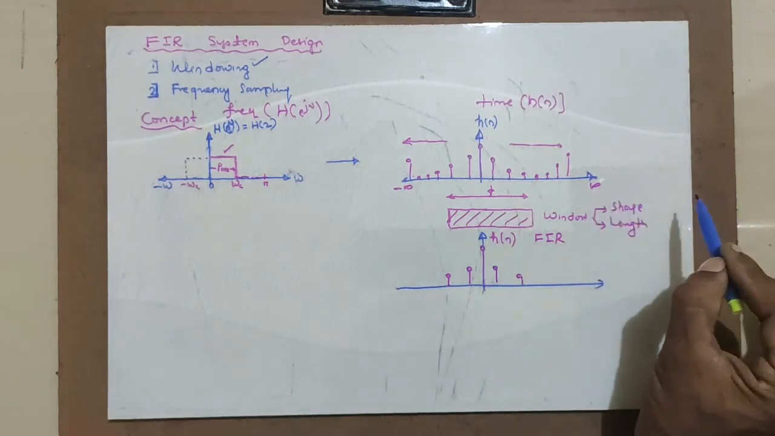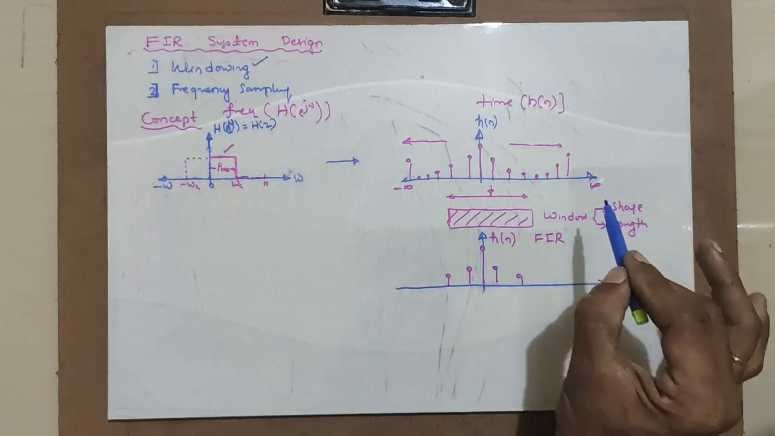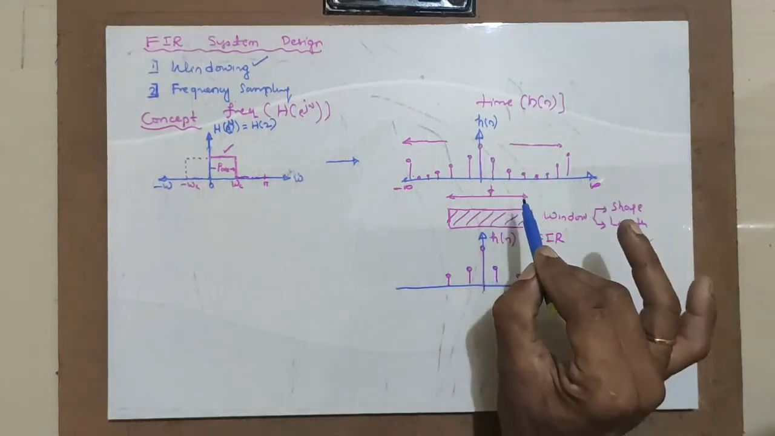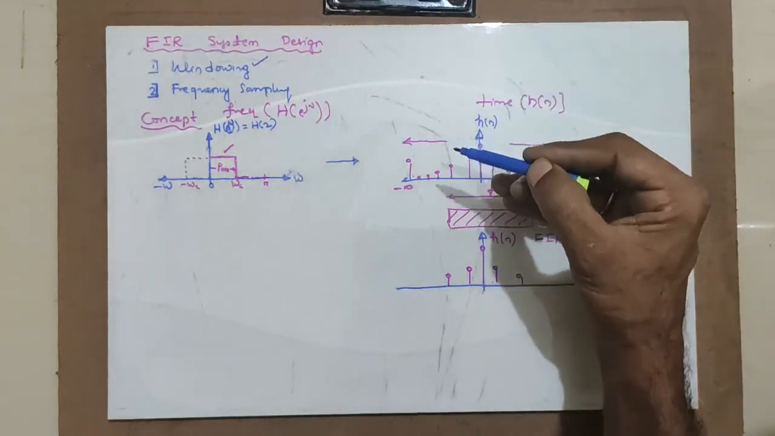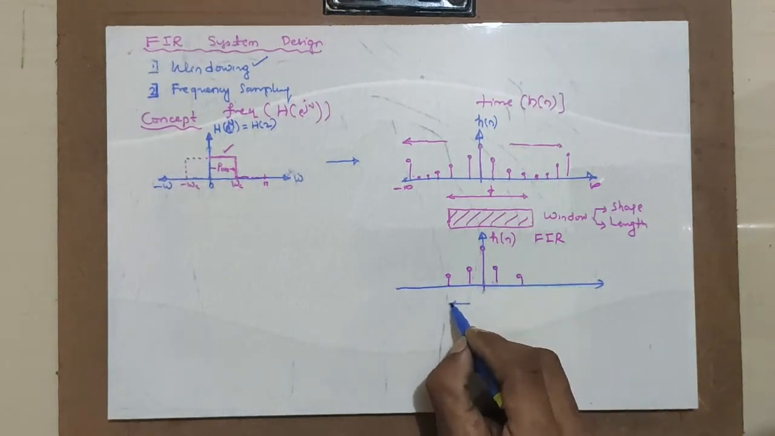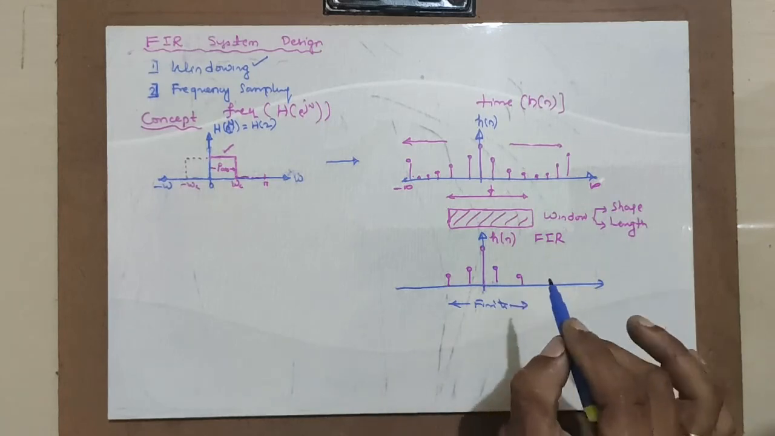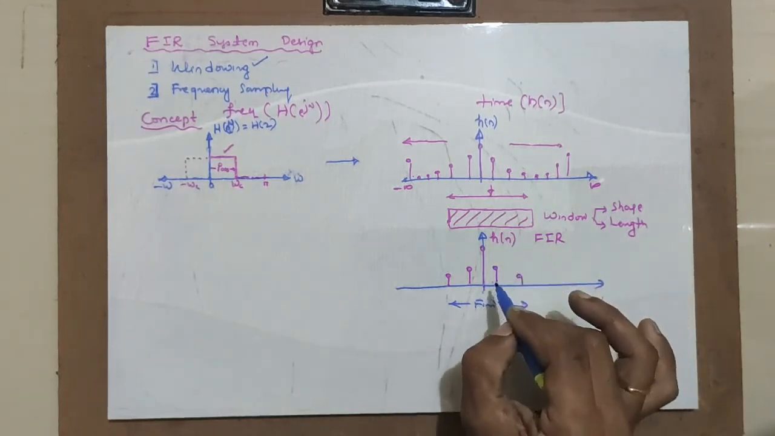But for an FIR system, what is the characteristic? For an FIR system, the characteristic is that h of n, or the impulse response, is limited. Hence, so as to limit, what do you do? You pass this infinite response through a window, then it becomes finite. It becomes finite. Right? You see, when you truncated or when you made h of n finite, there is a